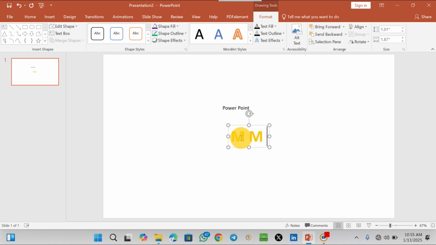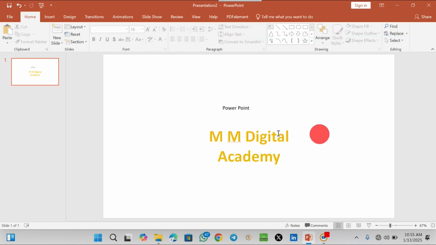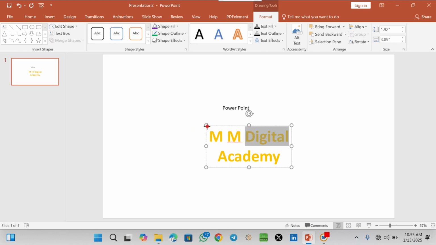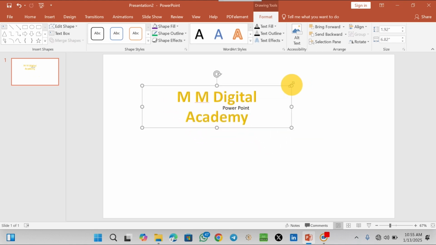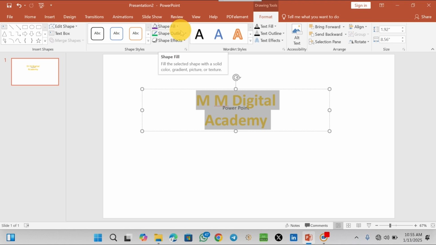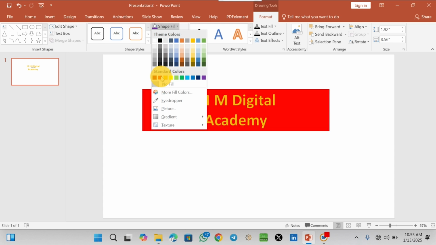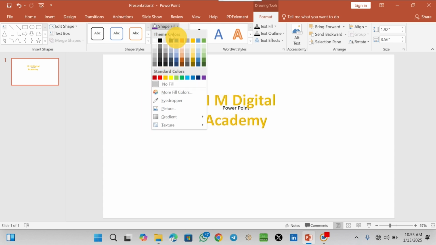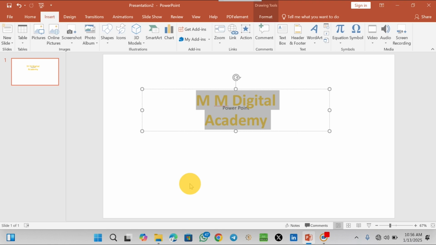Let me write something like this. So I use this one. You see, it's a very beautiful style I use here. So I can also increase its size, also format it, and then use what is called the shape fill to change its color also if I wish to add a fill color to it. So the next thing is what we call,